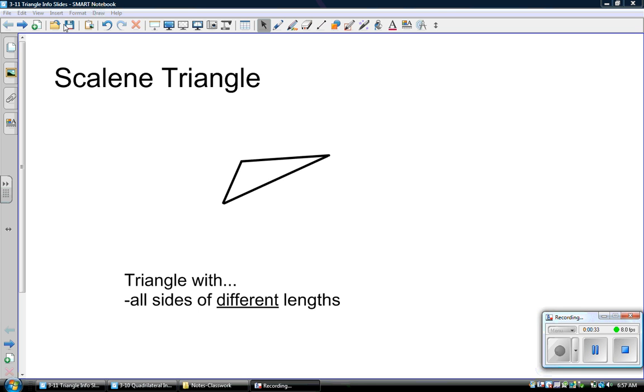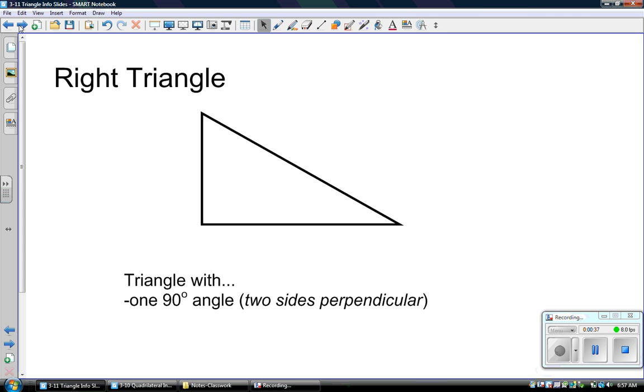The second type of triangle we're going to look at is the right triangle. Now, a right triangle is a triangle with exactly one 90-degree angle. You guys probably knew that, but just in case, I want to remind you how we figure that out. In order to know that a triangle has a right angle, you would have to show that two of its adjacent sides that are touching each other, like here, meet at a 90-degree angle,